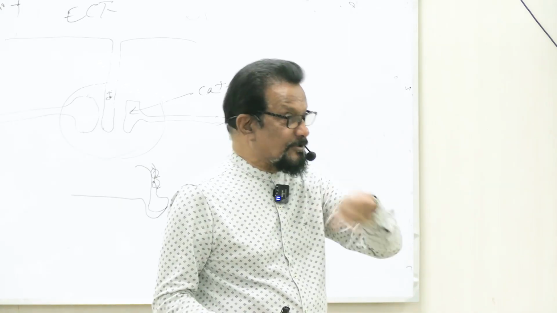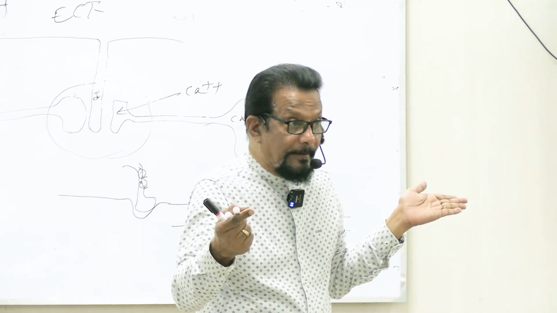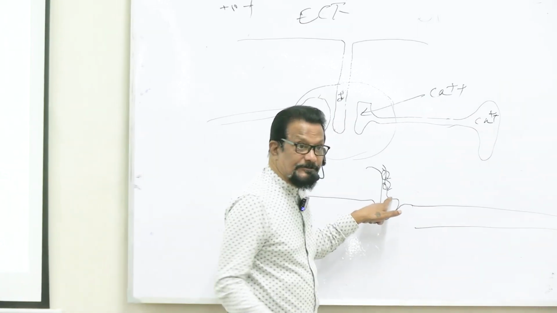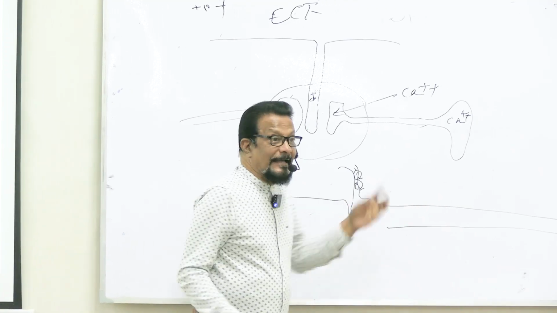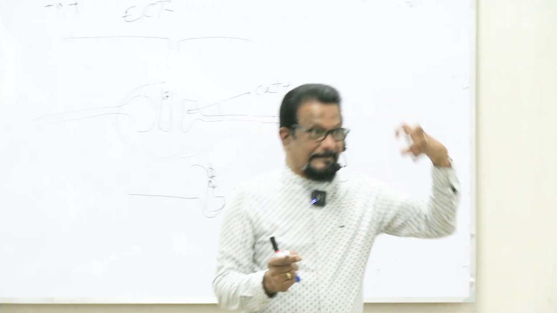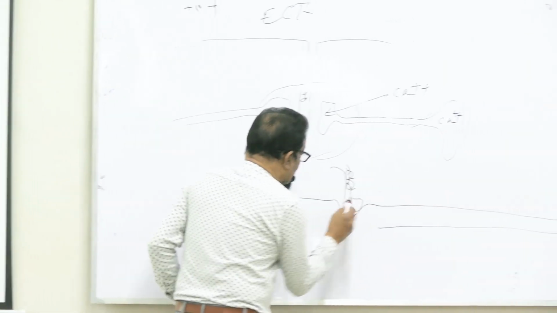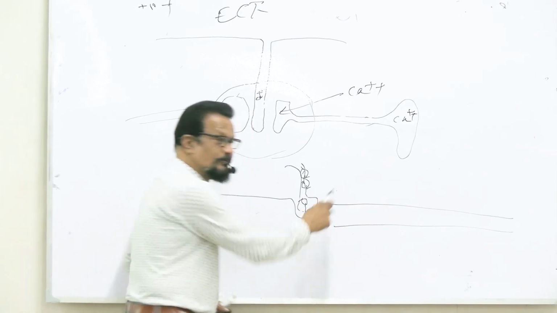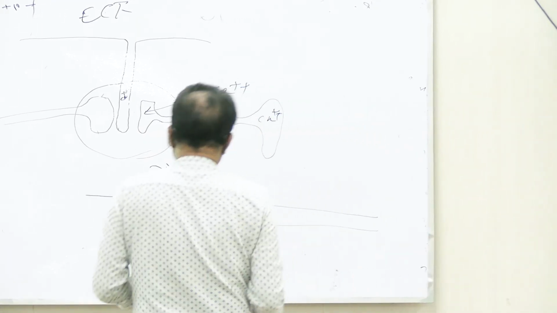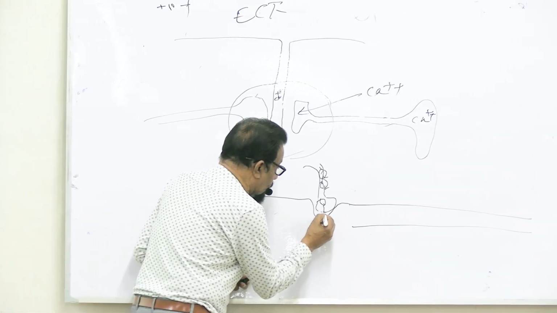When this action potential comes to the active zone, the calcium channel will be opened. Now calcium will enter from the ECF, and it will cause movement of vesicles to the active zone. From here the vesicles will move, fuse, and the content will be exocytosed into the synaptic cleft. Now this acetylcholine will bind